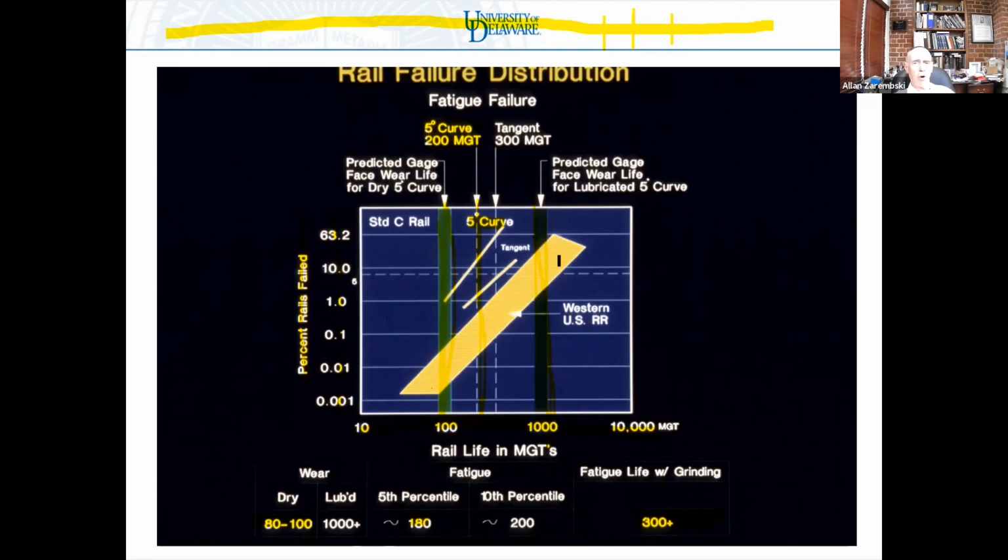Okay, so what I was saying is, let's say we have 10 kilometers of track, just to make it a little bit easier. It's easy to predict when to replace the 10 kilometers of rail, because it's when it's worn past your limit. But when do I replace my rail due to fatigue? Again, if I have one defect in 10 kilometers, I'm not going to replace the rail. If I have two defects in 10 kilometers, I'm not going to replace the rail. If over the course of a year, I have 100 defects in that 10 kilometers, I will replace the rail,